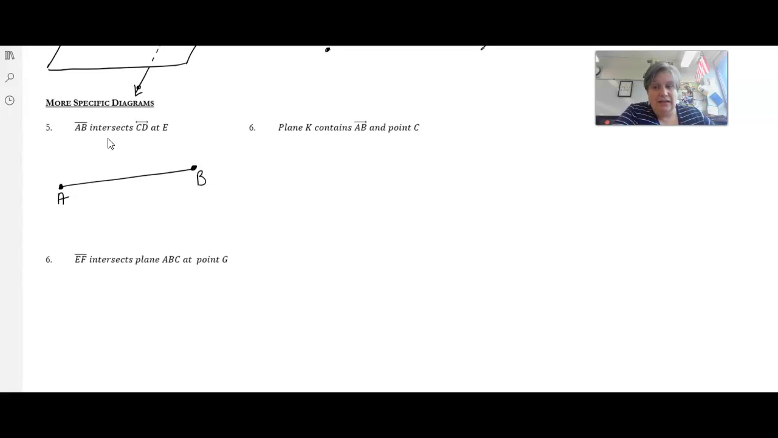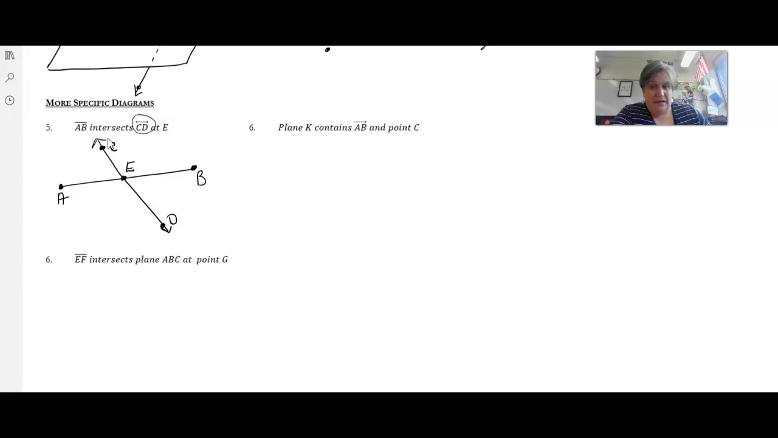It's intersecting line CD, so it's going to cross line CD, and you see how this has arrows? So this has to have arrows, but it still has to have points too, and it's CD. And the last thing we have to do is label where it intersects, and it intersects right here, which is point E. Okay. All right, now what we're going to do is we're going to do the same idea with our plane,